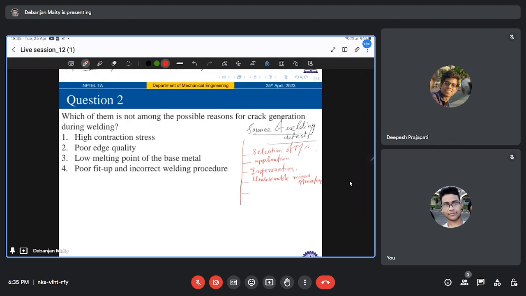What else? Then you can have some incorrect edge preparation also, right? Then you can have some poor design. So these are some of those sources of welding defects, right? Now, if we take some improper selection of welding process, the end result may be not very